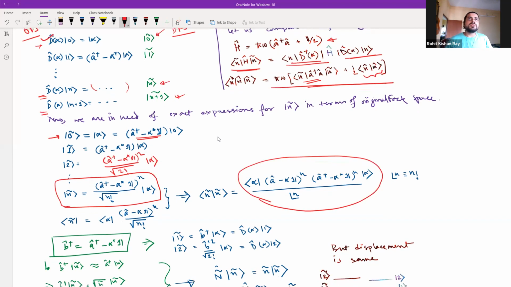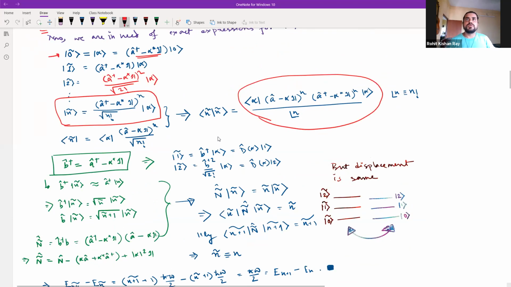Throughout this computation, I might use these two signs of factorial, irreversible, reversible. So in case you see either this or this, don't get confused. Both of them are factorial. Once we are here and we have this expression, we need to compute it and see how it looks. Before that, we can do a redefinition of variables, and we call this new operator B dagger, to be A dagger minus alpha star I, where 1 is the identity matrix.